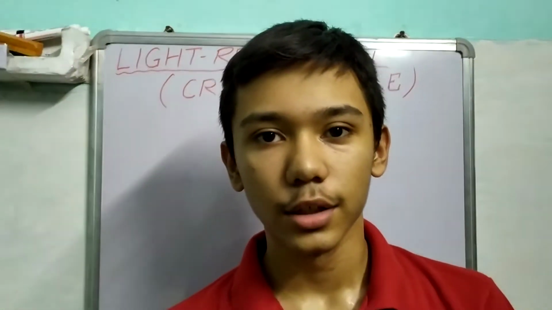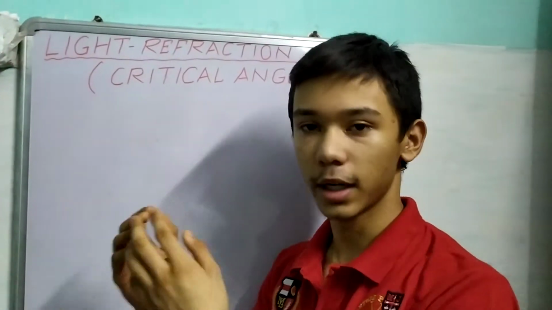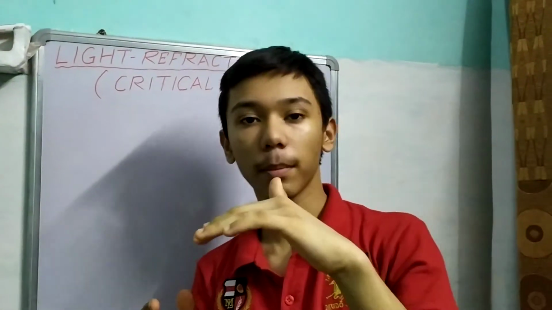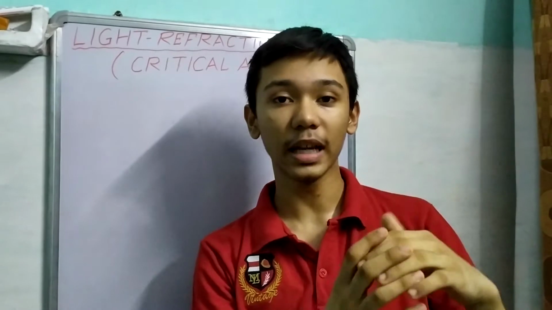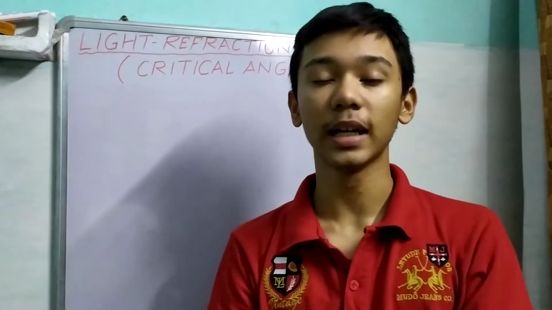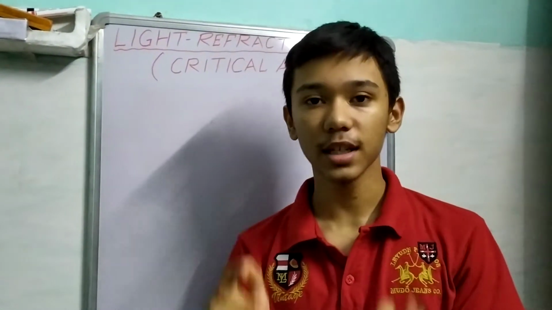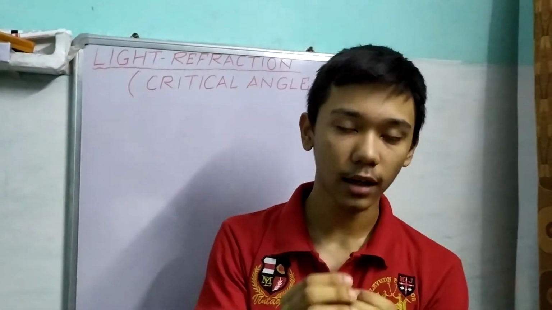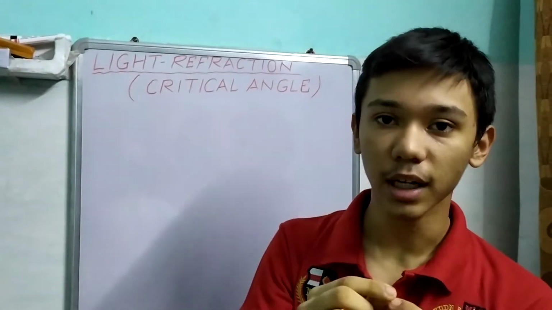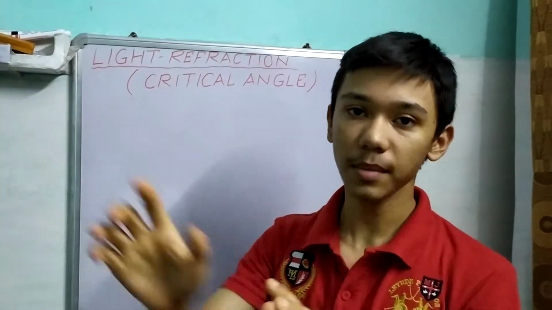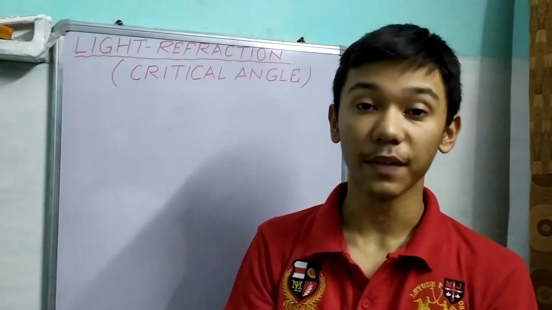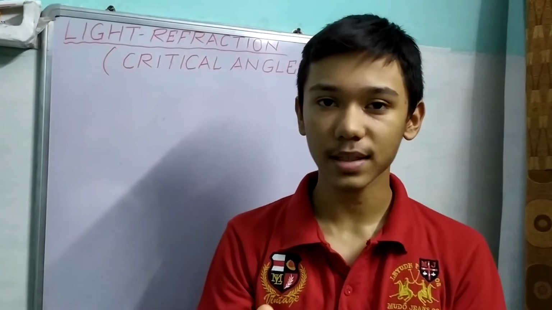Hi. In our previous experiments and what we did till now, we assumed that the light ray was going from air to water, that is, from an optically rarer medium to an optically denser medium. But in this video, we will see what will happen when our light ray goes from an optically denser medium to a rarer medium. So some results are obvious, it will bend away from the normal, but a very special case arises. How does it happen and what happens?